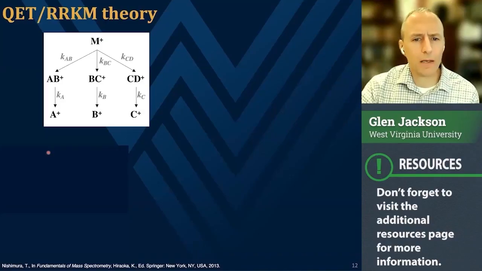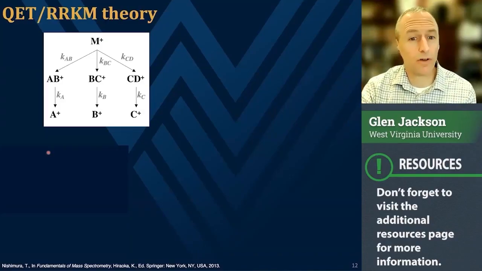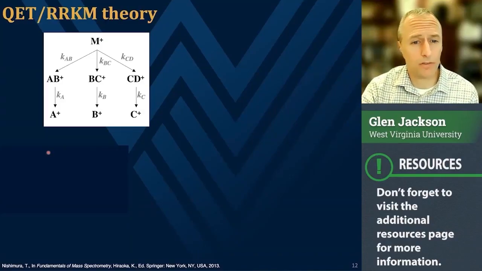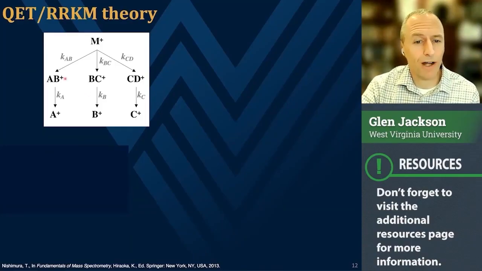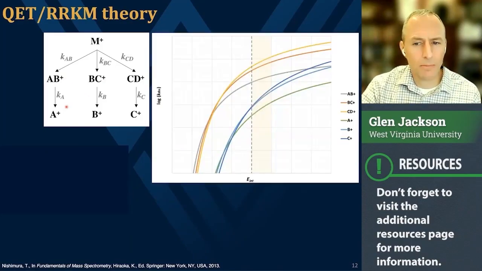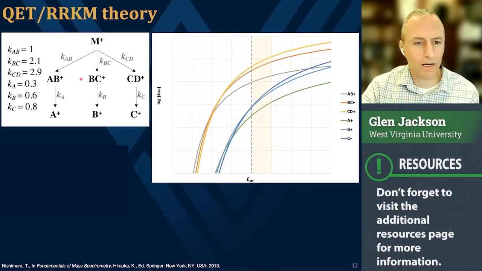So when we look at our RKM theory, we can model a simple hypothetical molecule, N+, which is made of A, B, C, and D, and that can fragment into primary fragments and then secondary fragments. In this hypothetical case, we can make up the size of these particular fragments and the bond dissociation energies, and using our RKM theory and some other assumptions, we can calculate some hypothetical rates for